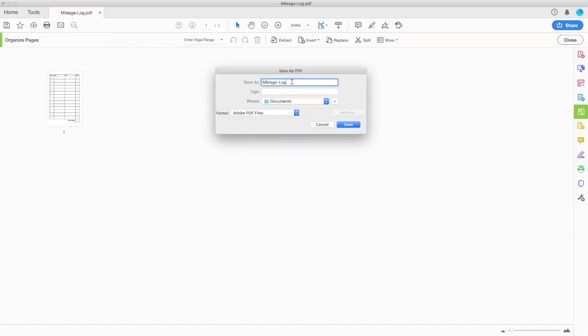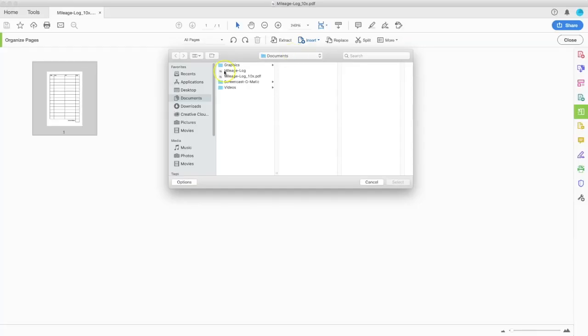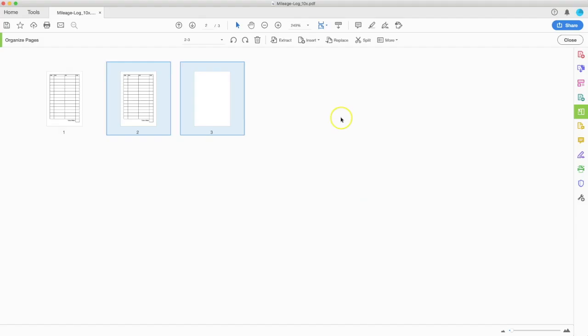So my original is named mileage log, but I'm going to create, let's go for a 10-page mileage log for now. So I'll save this new one as 10x. So now what I need to do is I'm going to go Insert from File. I'm going to insert that single page, and I'm going to do this 10 times so that I have 10